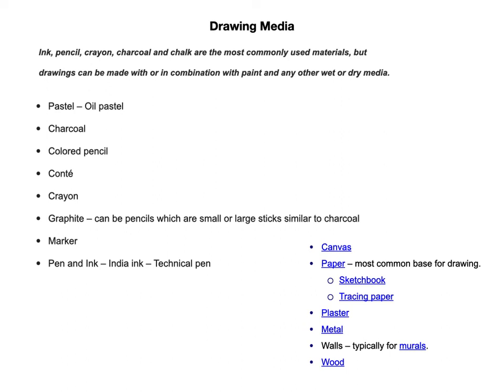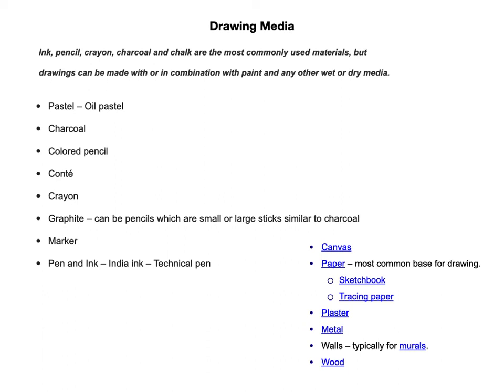Colored pencils, where the pigment is bound and embedded into a wooden holder. Conte, where the pigments are in a compressed form of chalk. A crayon, which is usually wax, so the pigment is embedded in the wax in that case, graphite, which can be sticks, or the graphite can be embedded inside wood to make a pencil,